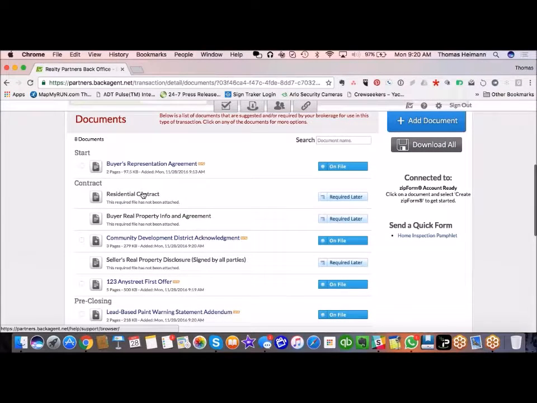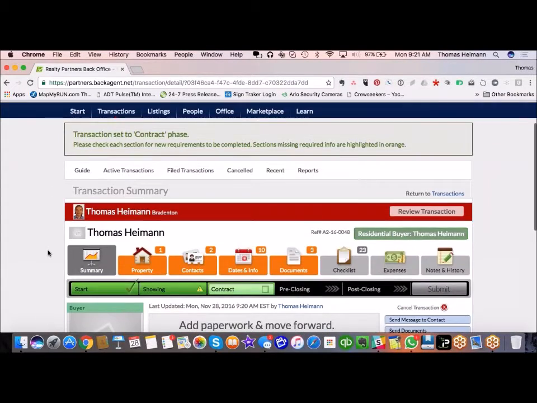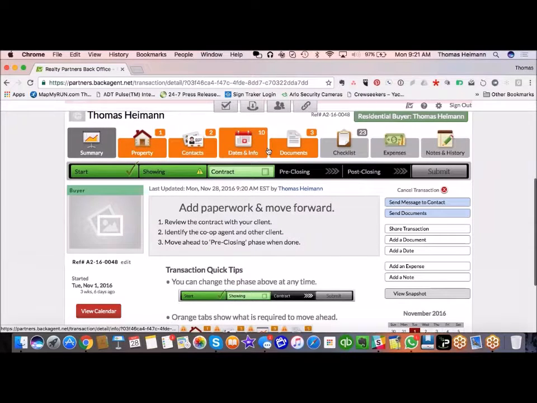Obviously, we don't have the contract yet because we're not in the contract stage yet. Right now we're just writing offers. So let's say, for example, we now have an executed contract. The person is going to accept our offer or counter offer, so then we'll just advance here and click on the next stage, which is contract. Okay. So now it's going to advance to the contract stage, and you'll see a whole bunch of new